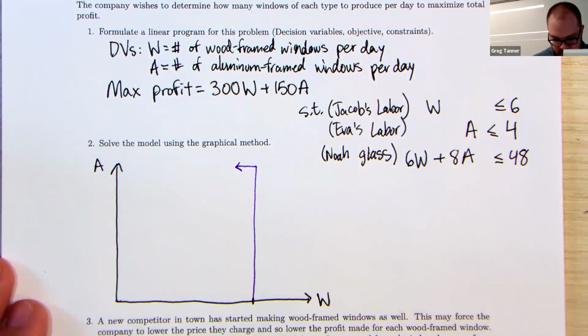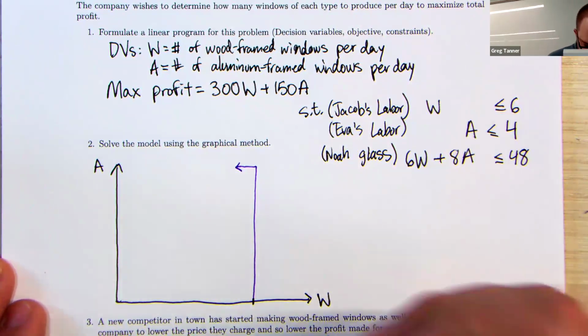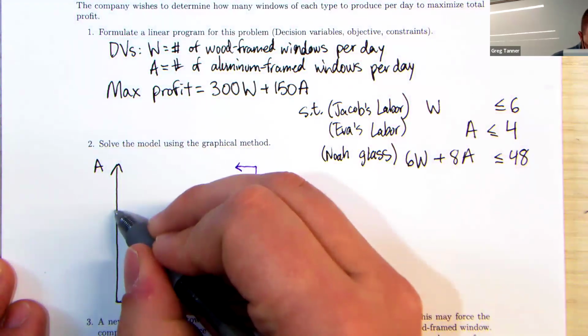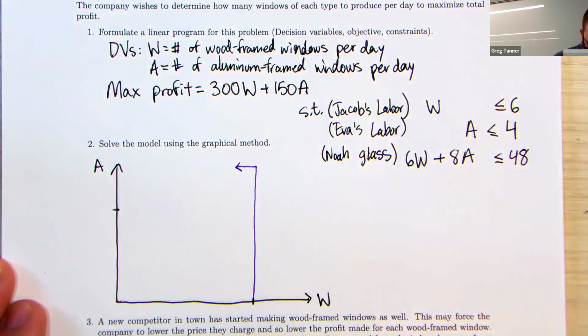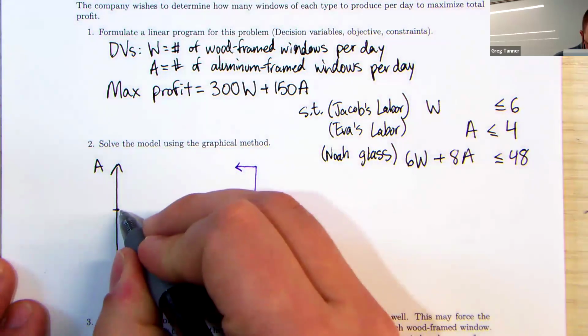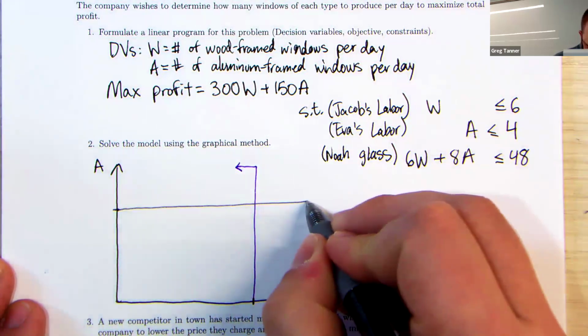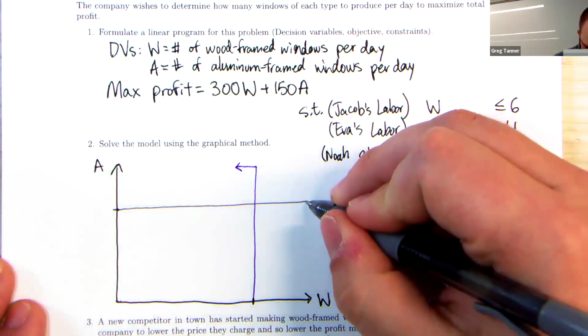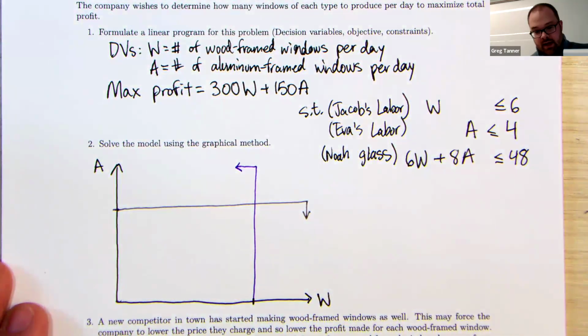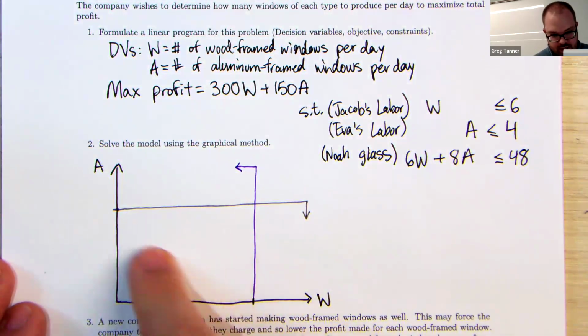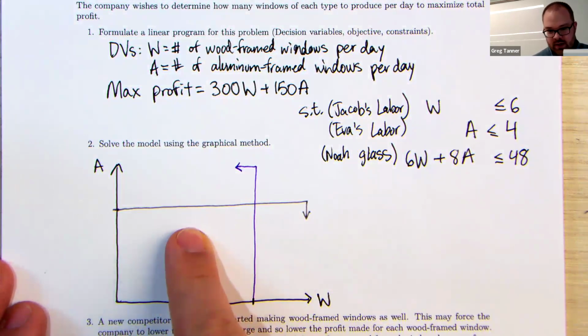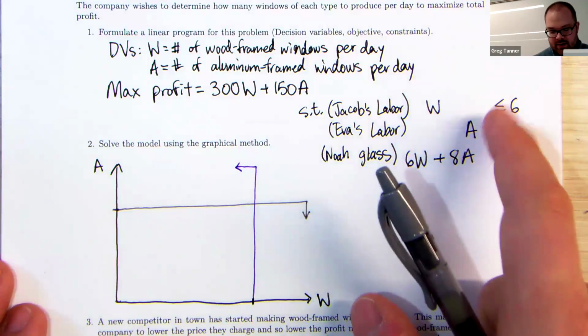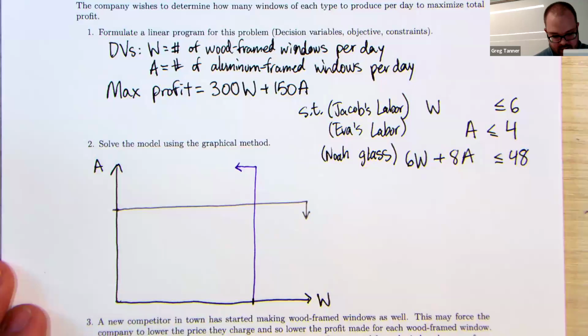Then we'll do Eva's labor constraint. She can make up to 4 of the aluminum windows. And so let's do 4. That's going to be a horizontal line, and she needs to be below that line. And so our feasible region right now is this rectangle. If we only had their constraints, we'd have a nice rectangle here, and we'd probably end